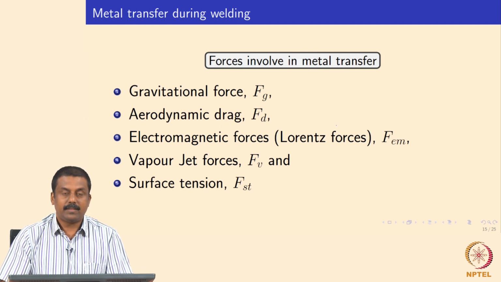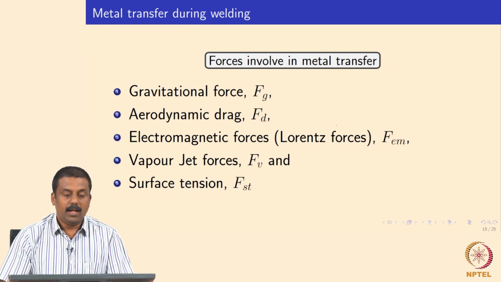And then the 2 forces that oppose the droplet detachment are the vapor jet forces. The vapor jet forces are generated because of the vaporization of your base material, and these vapors are generated and then sent towards the electrode, which always opposes the detachment of the droplet. And of course, the surface tension of the molten droplet always opposes the detachment of the droplet from the